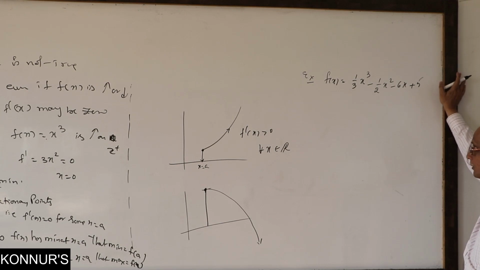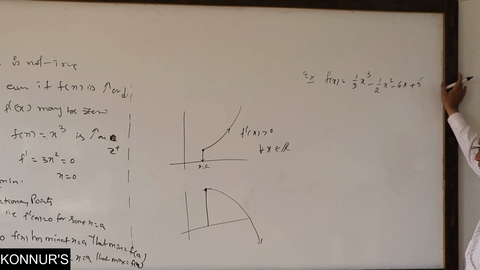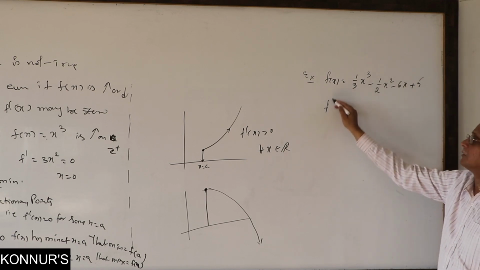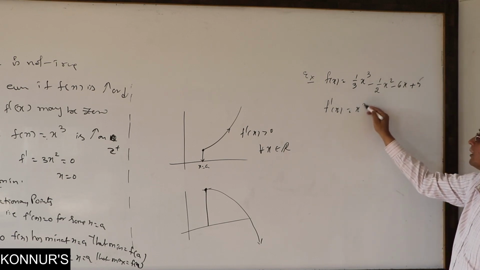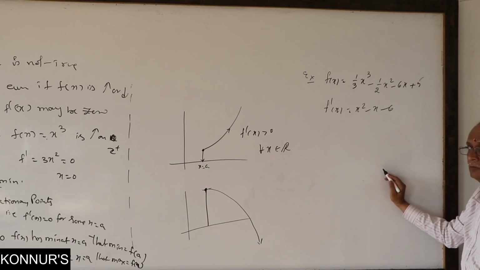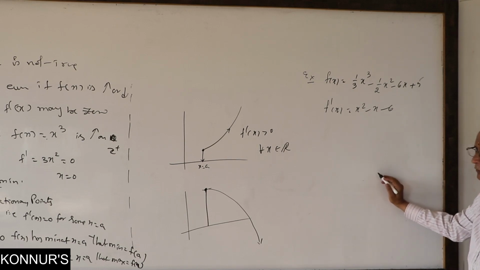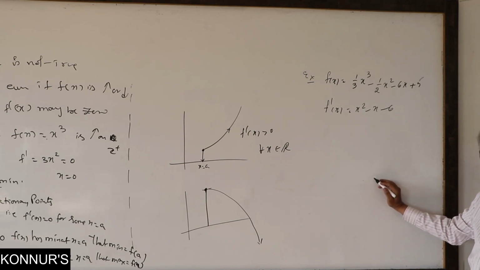This is a very important function. In old textbooks it is there, so that is why I am writing it. Then what is f dash x? x square minus x minus 6. All that first part is over. Now we are talking about how to get extreme values. Extreme is, in general, a common title for either minimum or maximum. They told us to find the extreme values.